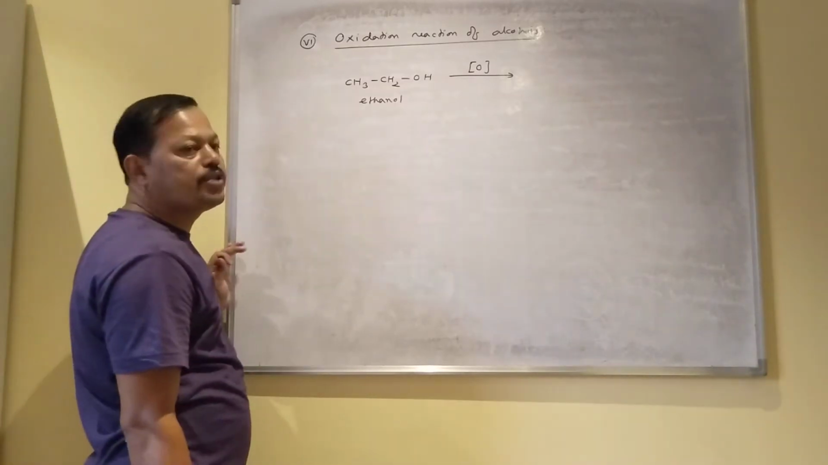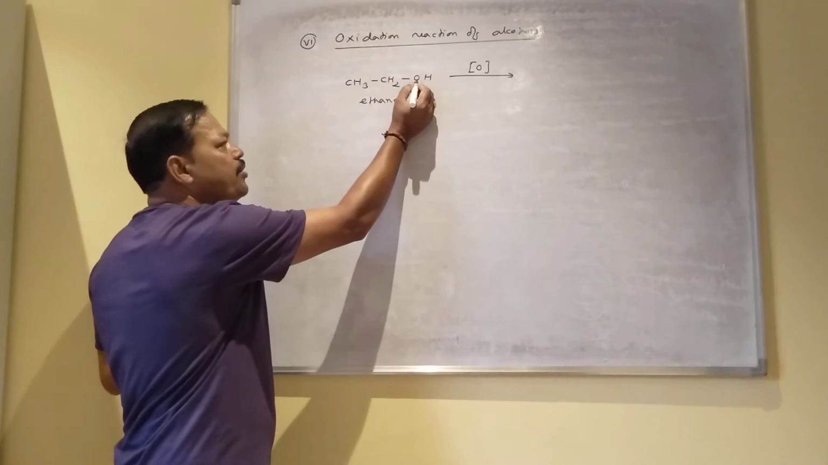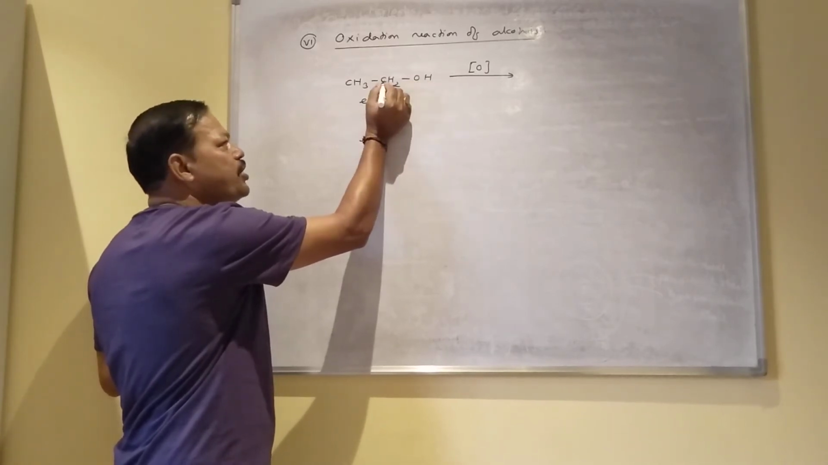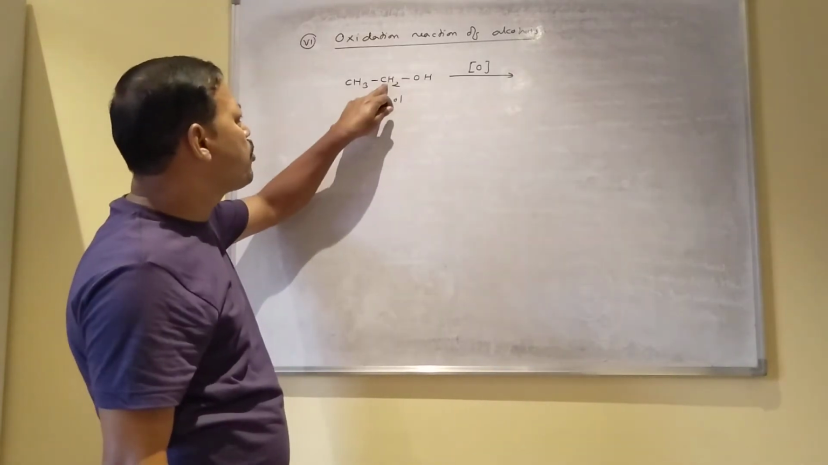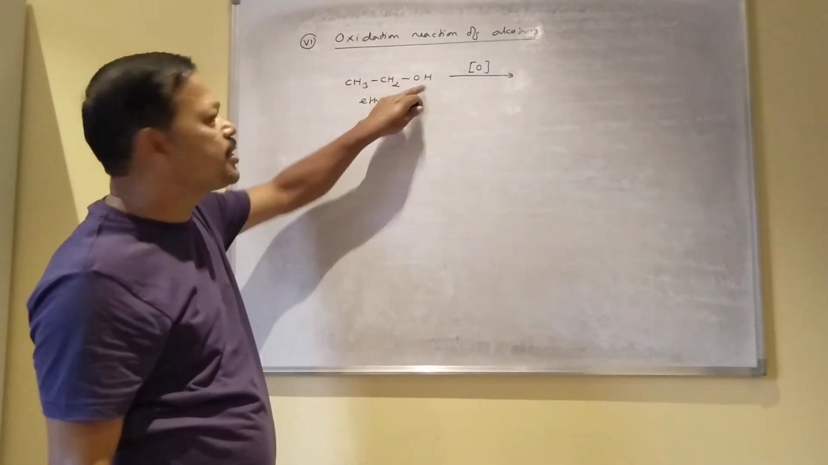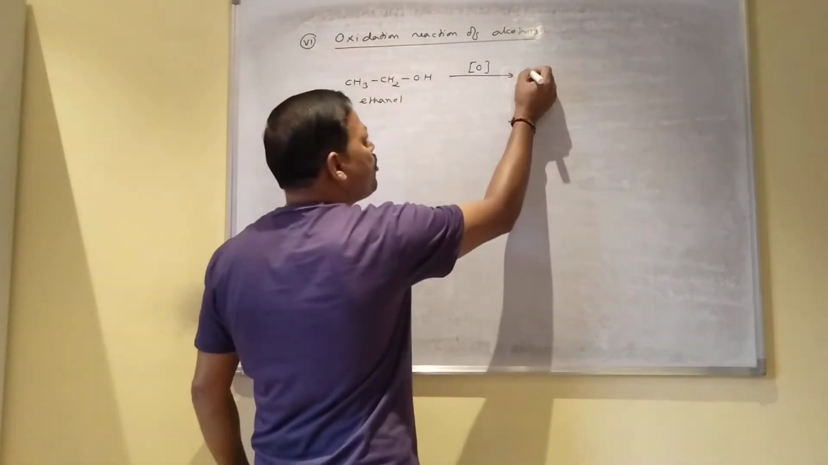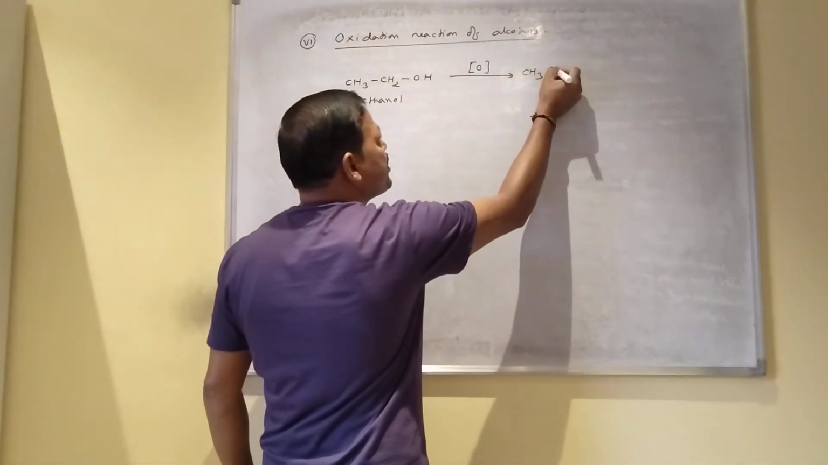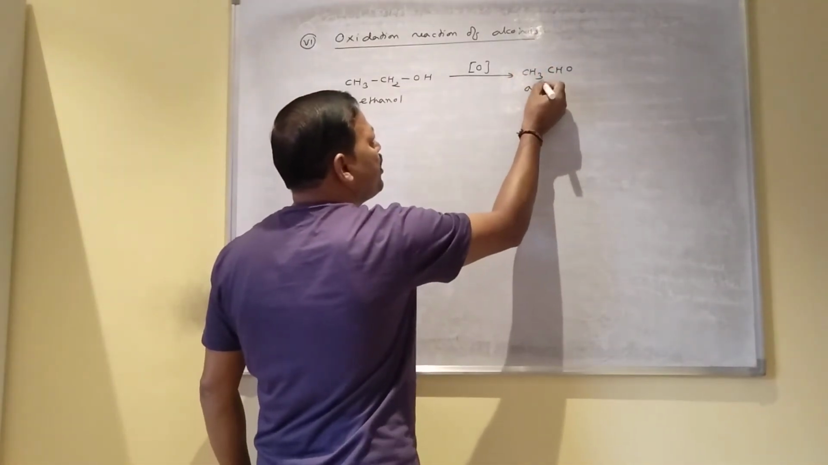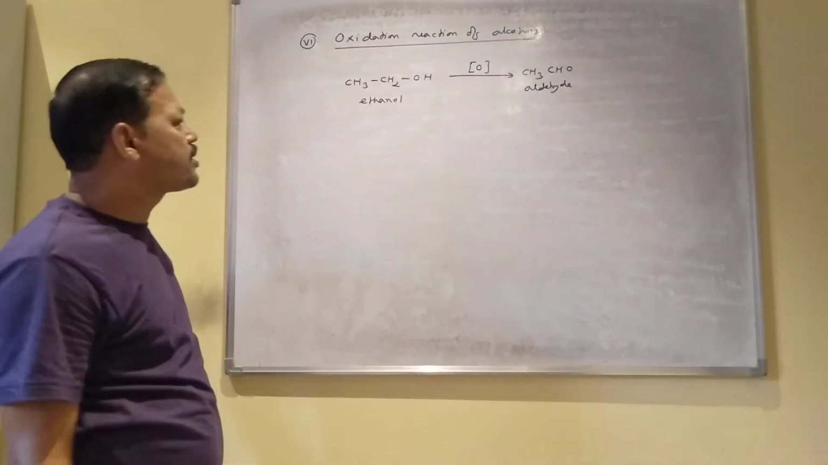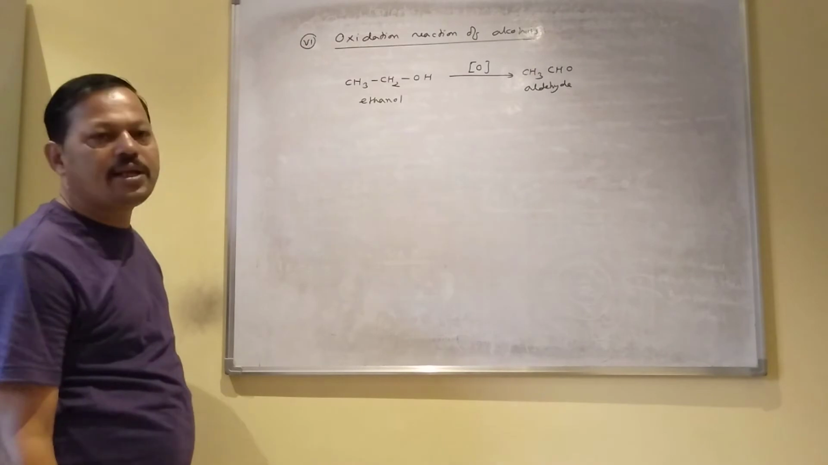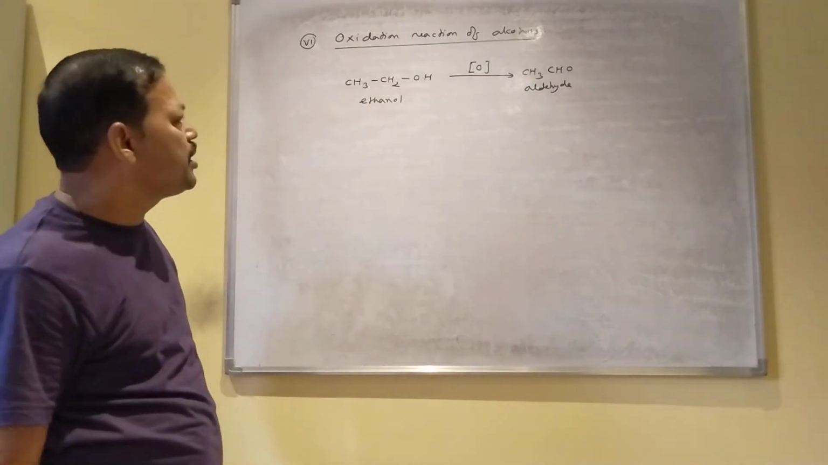So how will the hydrogen be removed? One hydrogen will be removed from this oxygen, and another hydrogen will be removed from the carbon. Two hydrogens will be released, one from this carbon, another from this oxygen. So ultimately you will get the compound CH3CHO, which is said to be aldehyde. That is why when you oxidize alcohol, you will get aldehyde, or it may be ketone depending on